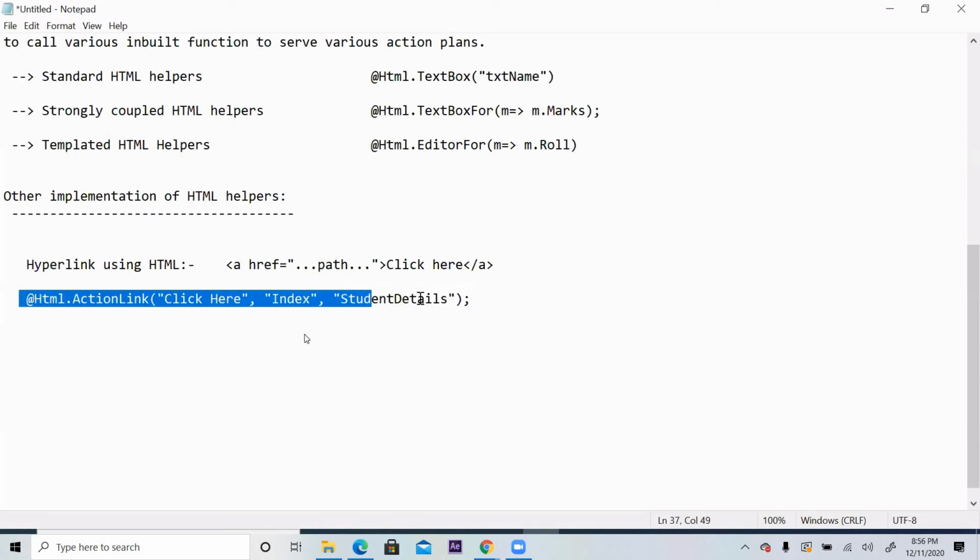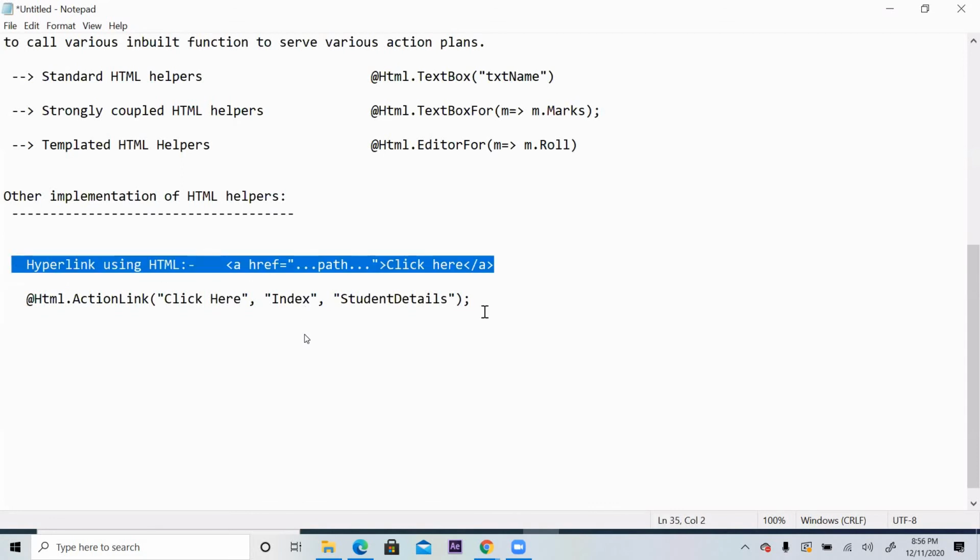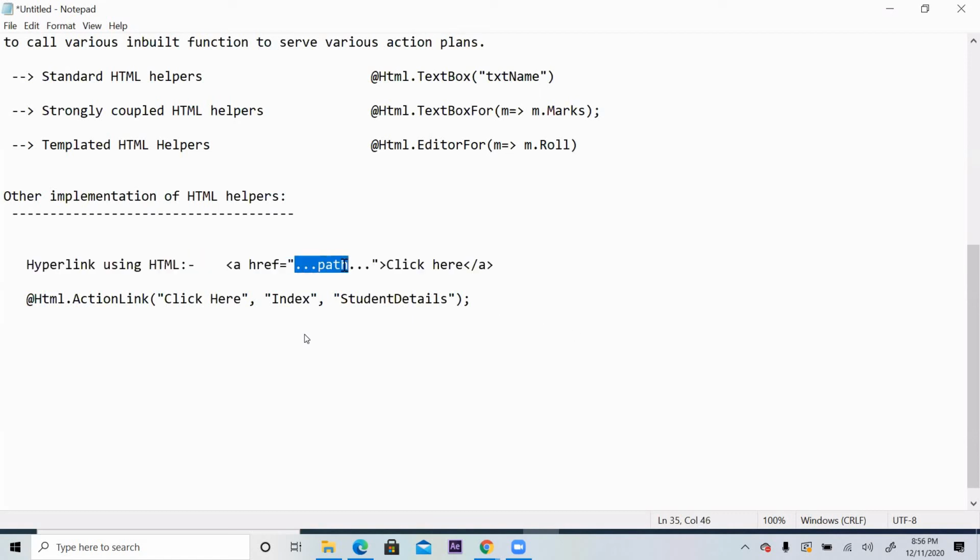This is more flexible compared to this. In the path you may make one mistake also. If you don't have an idea about routing, which controller it is going to, what action method is connecting, then which view it is going to and so on, then it is difficult to write the path starting from http:// something.